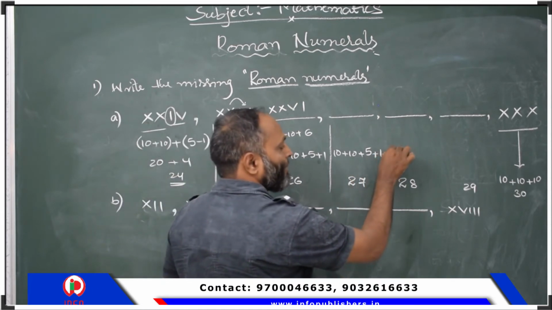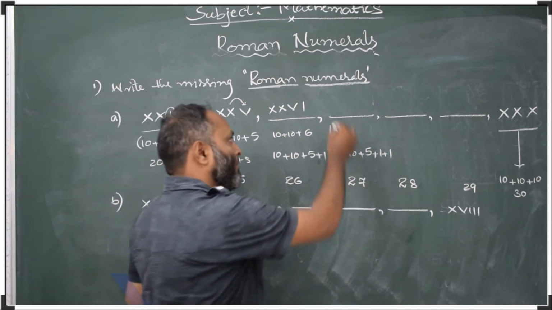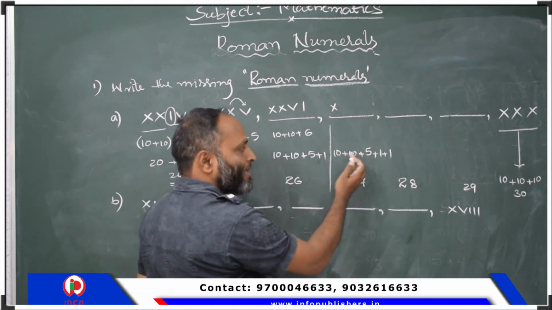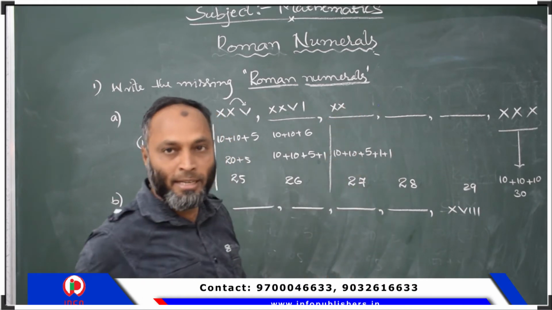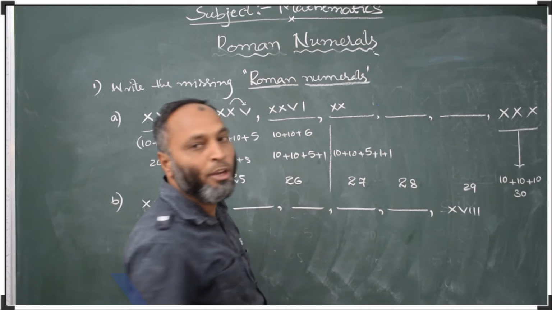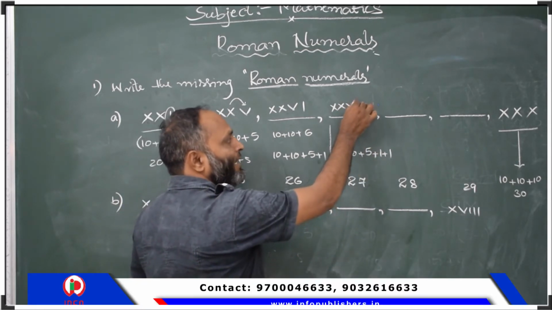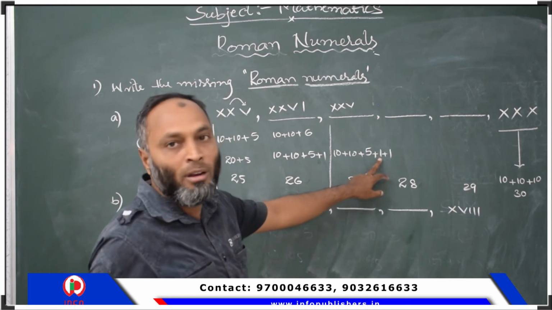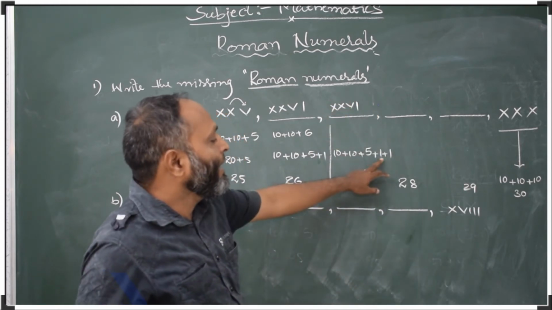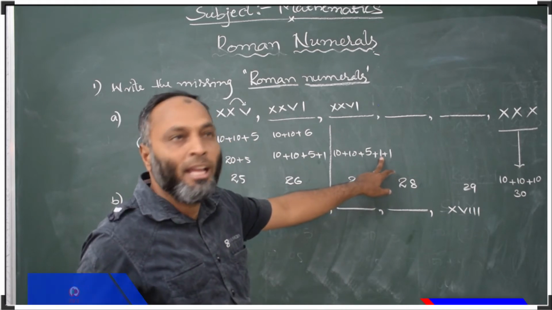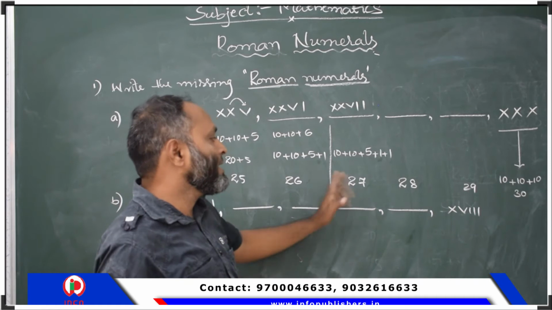Take 1 plus 1. This is repeated. Repeated means we have to take 10 plus 10. Addition is there, repeated, so we take 10 and 10, X and X. The small Roman numeral is on the right side. So plus is there, so we take it on the right side. And again plus is there, small, so we take it on the right side. And again the same Roman numeral is there, repeated. We are adding, so we take one more. So this is for 27.